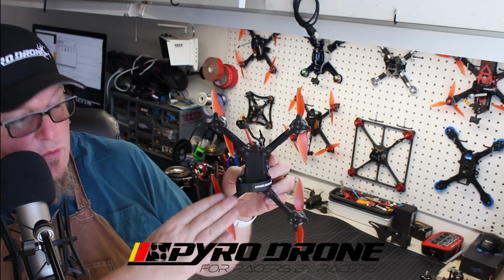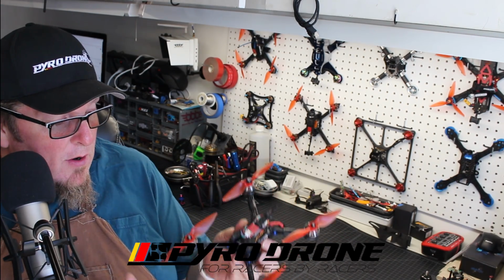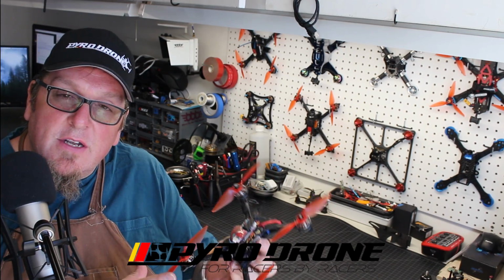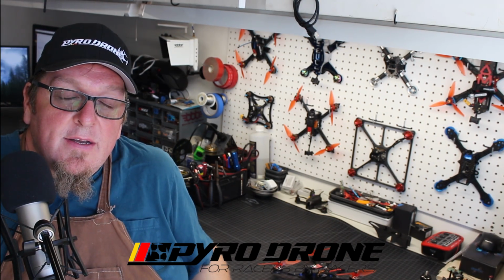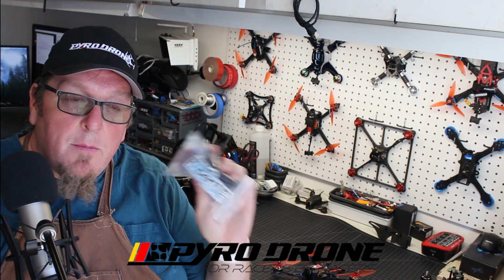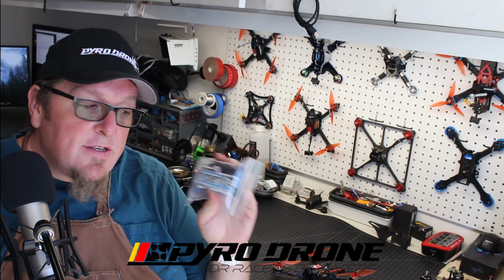Now, if you look here, you can see the arms are really small on this one, and so it made for a really light frame, but a lot of people thought in the beginning this was going to be fragile, and it just wasn't. I built quite a few for customers that have had some pretty heavy spills. We ran this one into a tree and it survived, so I expect nothing but the same for this Hyperlite Floss 2. I know that Kebab spent a lot of time fine-tuning and refining this thing,